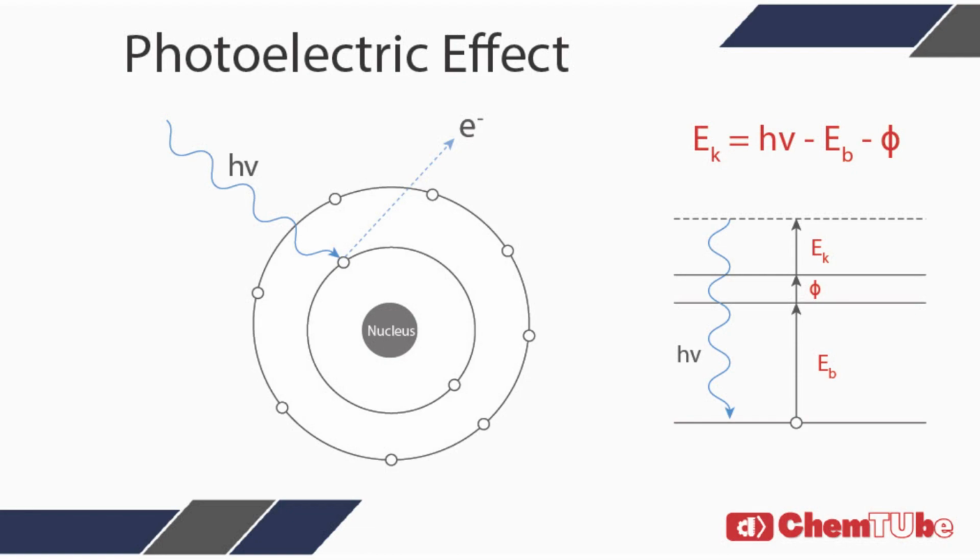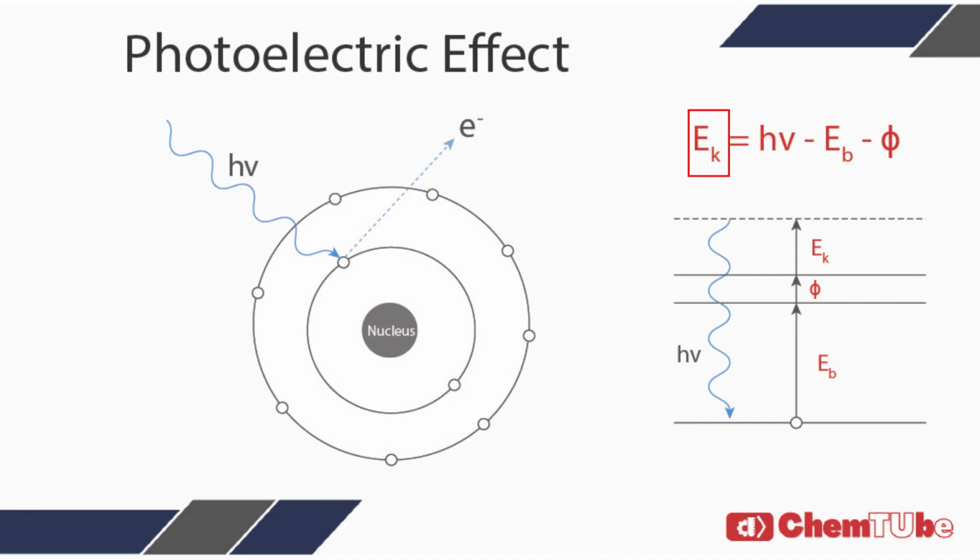The theory behind XPS is based on the photoelectric effect, which was first discovered by Heinrich Hertz in 1887 and theoretically explained by Albert Einstein in 1905. The photoelectric effect occurs when photons, or particles of light, interact with atoms in a material and cause electrons to be ejected. X-rays are made up of photons with an energy equal to hν, where ν is the frequency of the photon and h is Planck's constant.